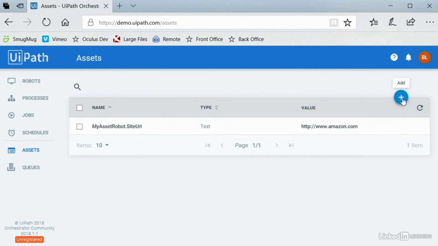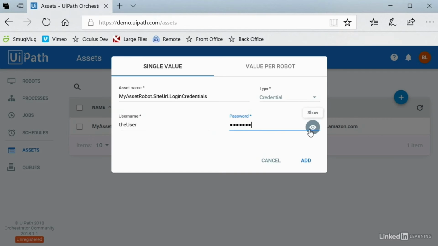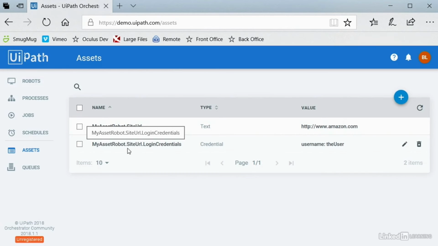Creating credentials is similar. You click the plus sign, and you might namespace it the same way, myassetrobot.siteURL.login credentials. You would set this as a credential and type in your username and password that goes along with that website. You can show the password if you need to. When I click on Add, now I've got a credentials asset, and the only thing it shows here is the